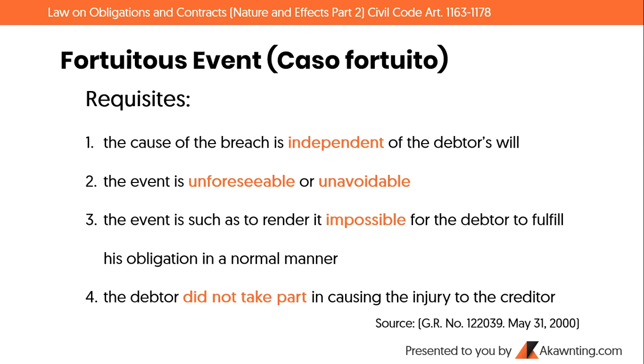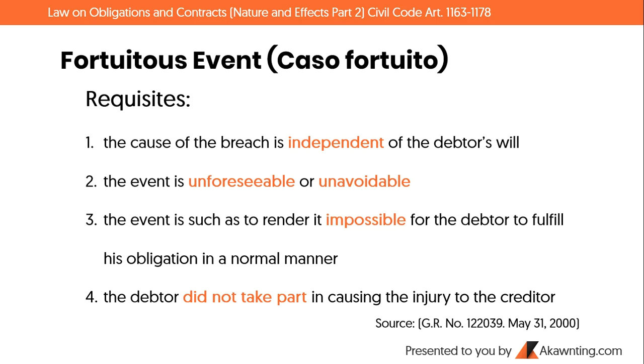So, pag sinabi natin impossible kasi, for example, namatay yung aso, specific dog, by being struck by a lightning, so, hindi mo na ma-deliver yung dog alive, syempre. Number 4, the debtor did not take part in causing the injury to the creditor. So, aside from natural occurrences such as lightning, such as mga natural disasters such as typhoon, earthquakes, etc., pwede rin kasing maging makonsider as fortuitous event yung mga actions made by man, such as armed robbery. Okay, so,